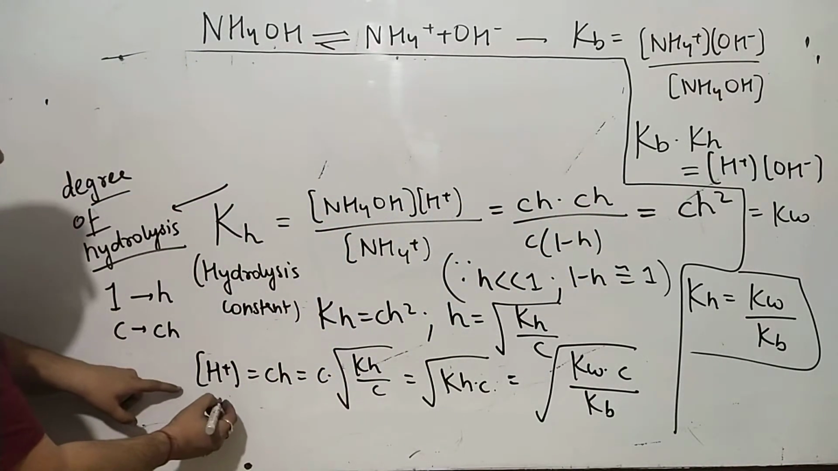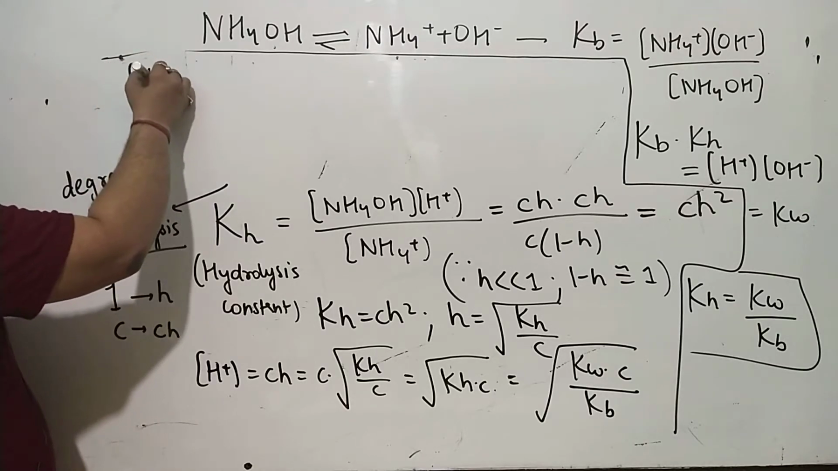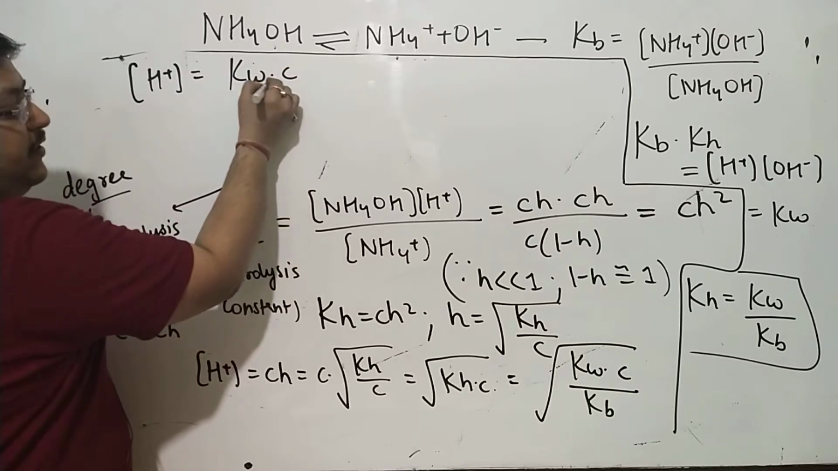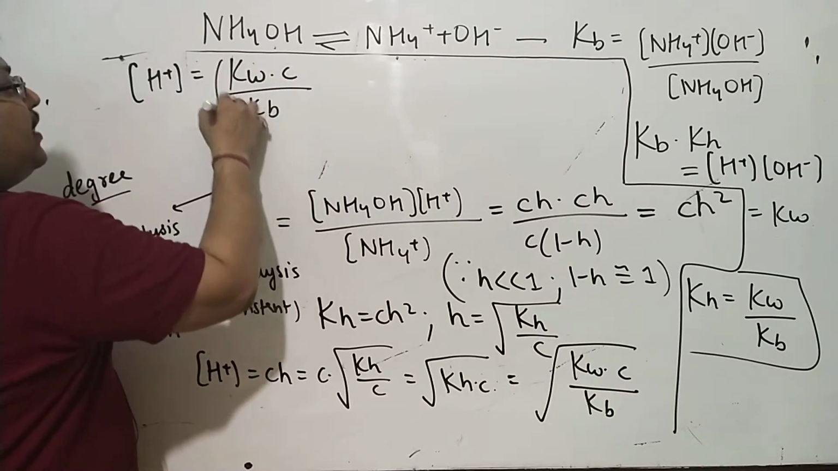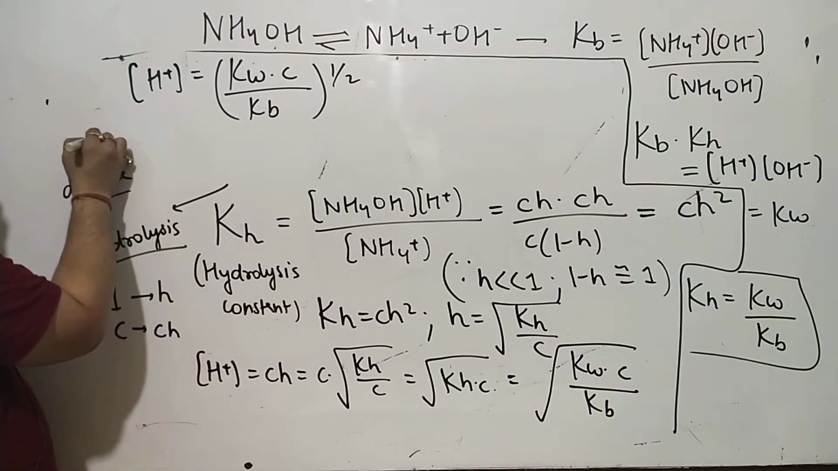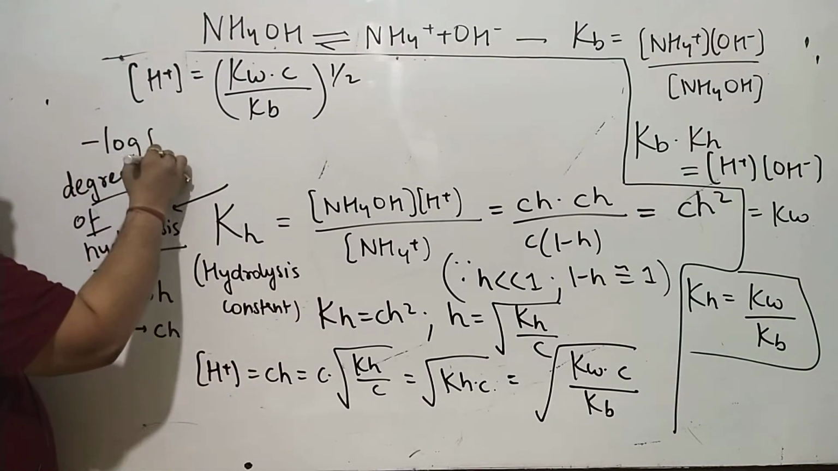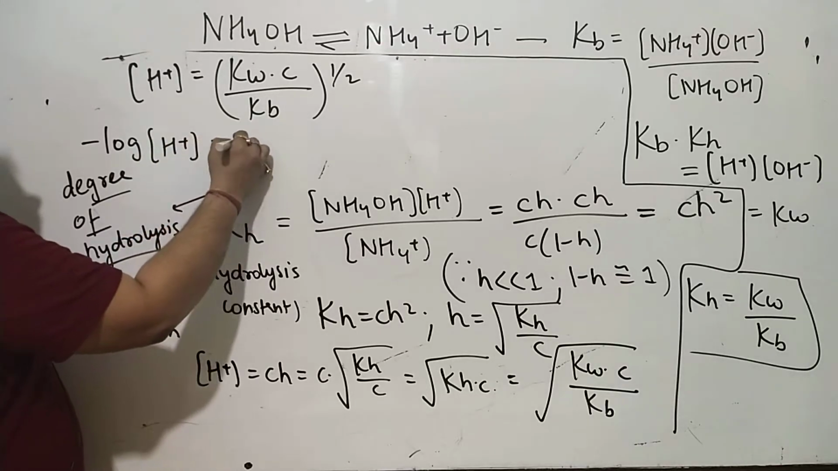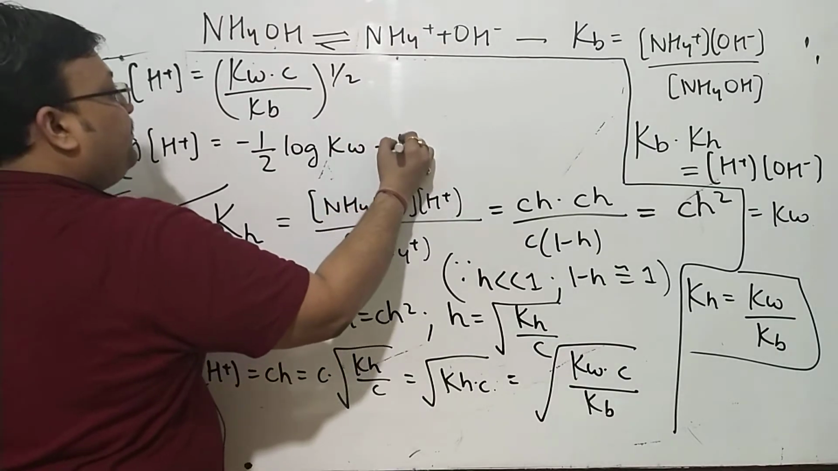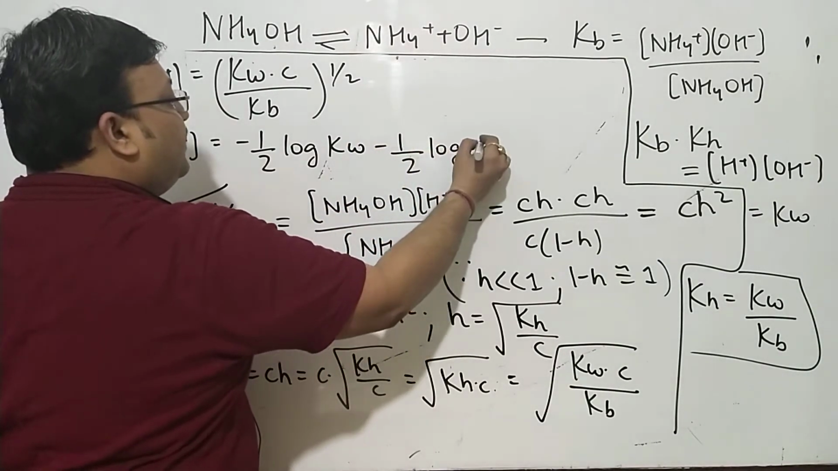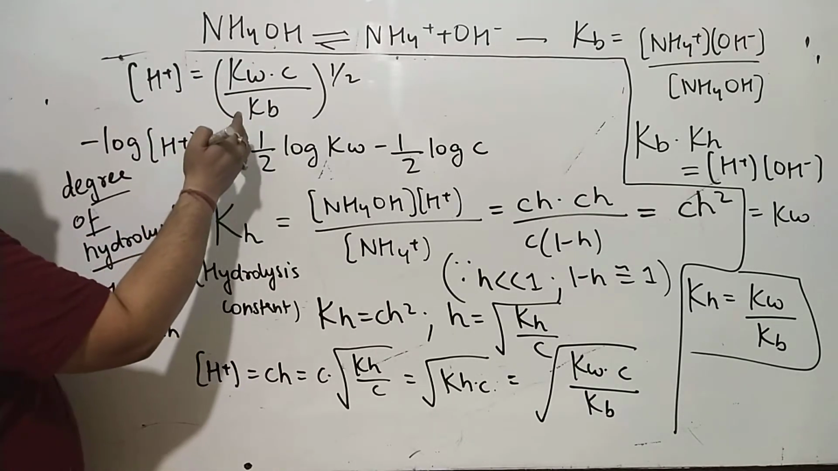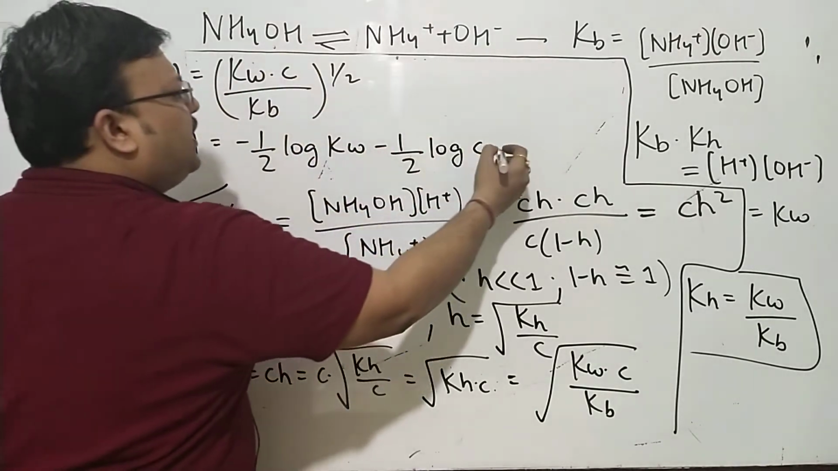Kw. We'll want to begin with the step. Now with H plus is equal to Kw into C upon Kb to the power half, taking minus log on both sides, you will get minus log of H plus is equal to minus half log Kw minus half log C, and naturally because this is in the denominator, taking minus half log on both sides, this will be plus half log Kb,